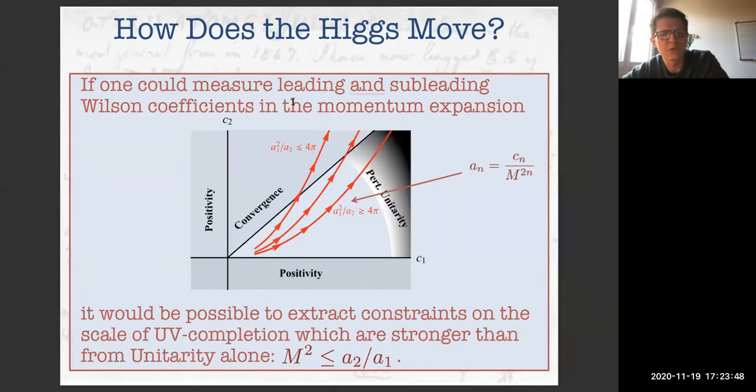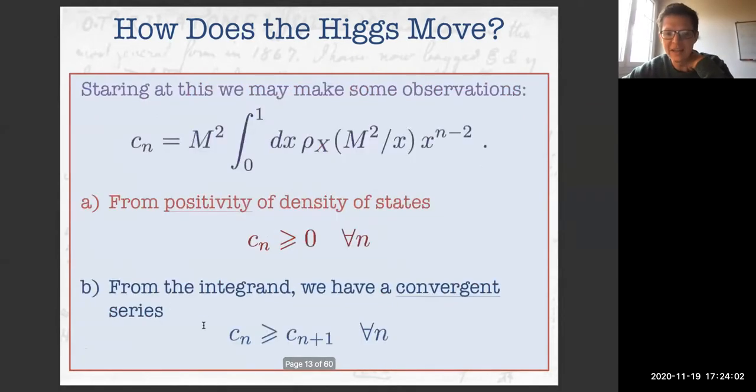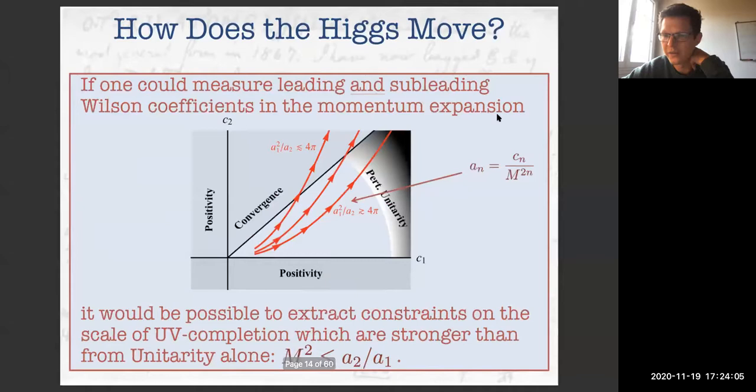But okay, so now imagine we measure these EFT terms. So what we're measuring is the p-squared dependence. So imagine we could measure the Higgs propagator really, really well in some basis. So we measure these p-squared dependent coefficients. We don't actually measure these C's. What we measure are what I'm calling AN, which is the C's over the relevant powers of m squared. That's what you can measure, because you're measuring the coefficients of the p-squared expansion, not the coefficients of the p-squared over m-squared expansion.